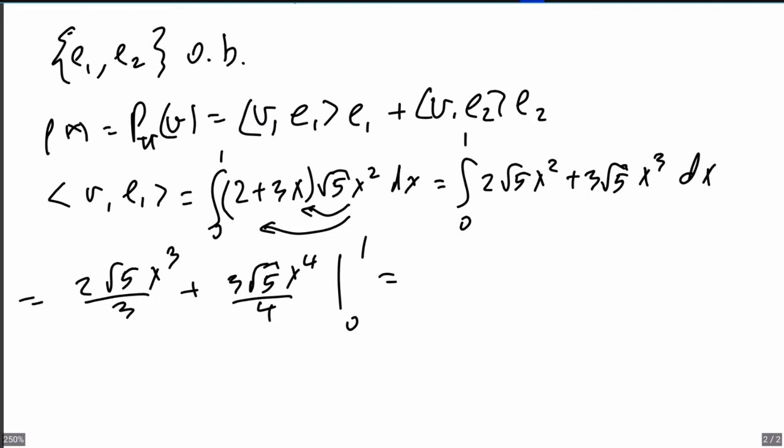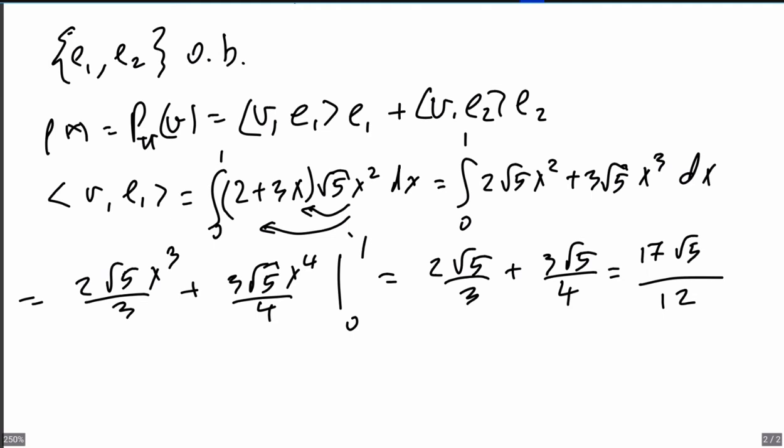Only the 1, the upper limit, stays, the other one cancels out, and we get 2 square root of 5 over 3 plus 3 square root of 5 over 4. And perhaps we could take the common denominator, which is 3 times 4, 12, and we get then 8 plus 9 is 17 square root of 5. So this is the coefficient of the first E1 basis